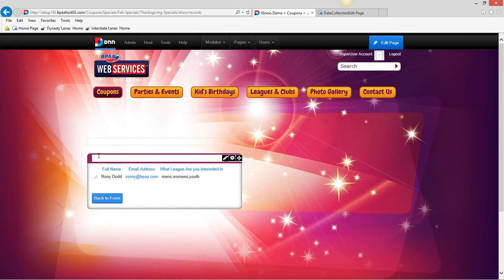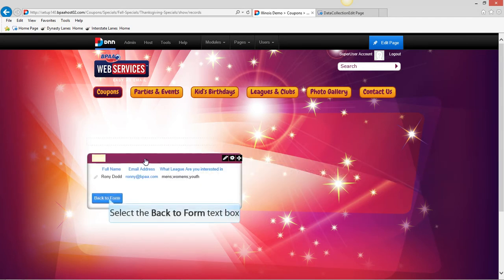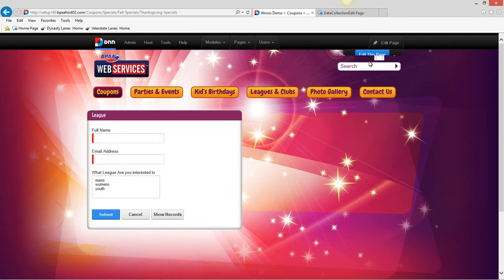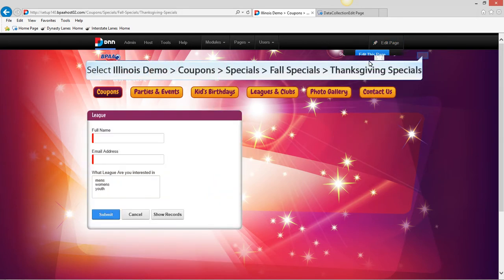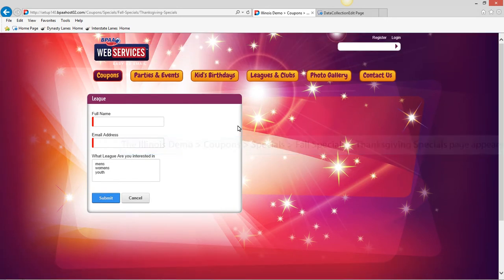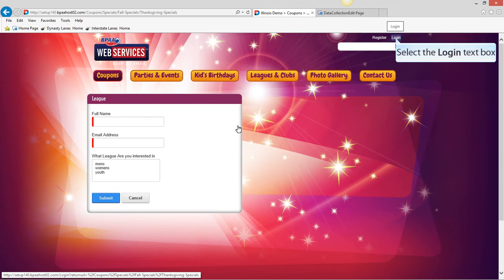Remember, we can name this list by going up here and hitting the pencil and making this league sign up, hitting enter. And so now what we've done is we've created a list called league sign up form, and it shows all the people that can sign up. So whenever I go out and close the edit mode, you'll notice that we still have that, and we go ahead and log out. And now the show records button is gone because it's only for the administrators. So again, if I were to log back in,